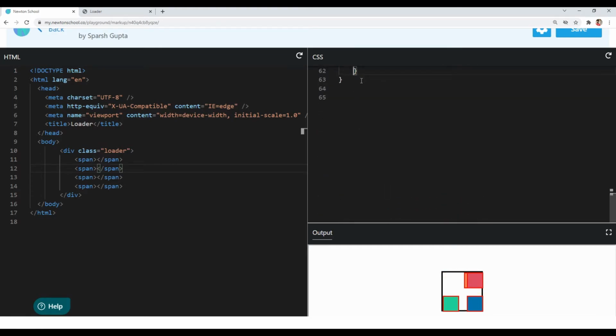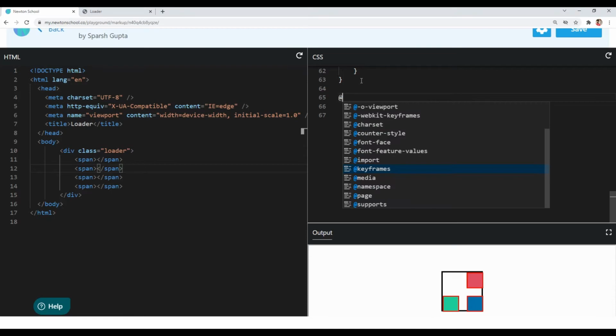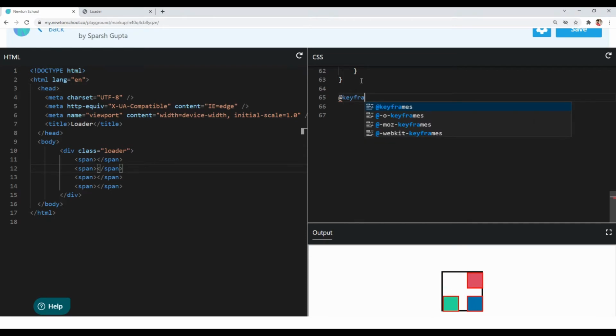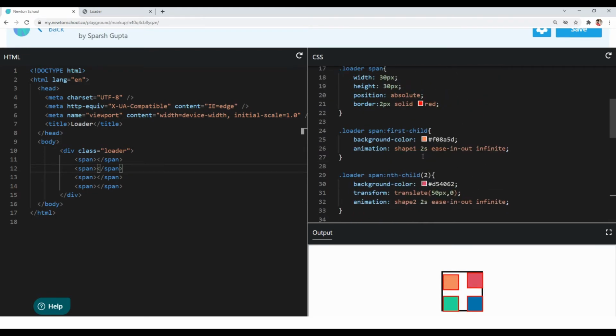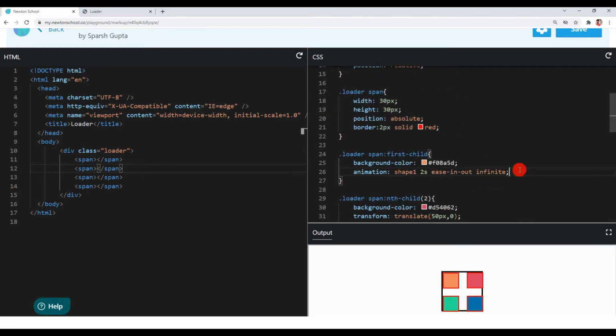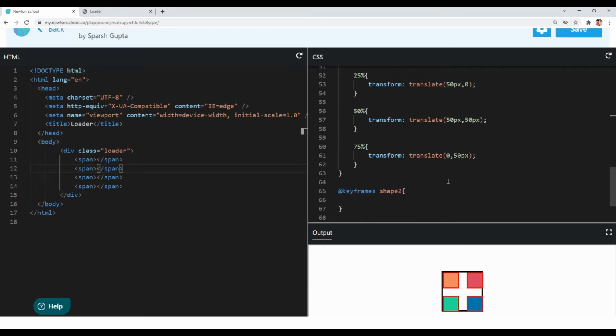Let's write the animation for our second child. The name of the animation for the second child was shape 2. Let's comment out the animation of the first child so that we can focus on our second child.